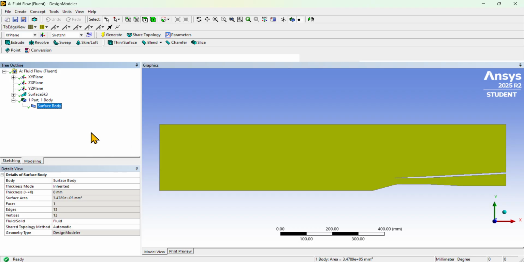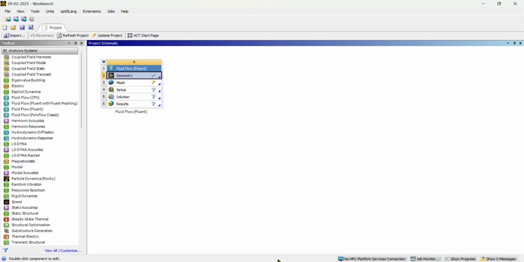Make sure that whatever surface or body or geometry we created is defined as a fluid. So you click on the surface body and make sure that it is defined as a fluid only. Then only can we do some analysis. After closing this geometry window, now we will try to mesh our